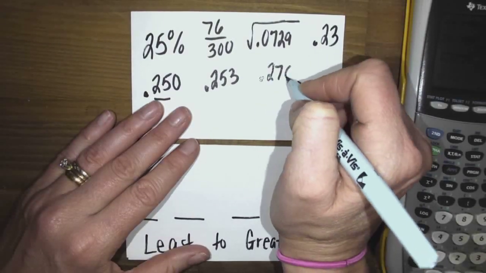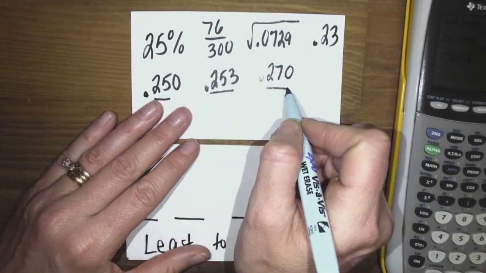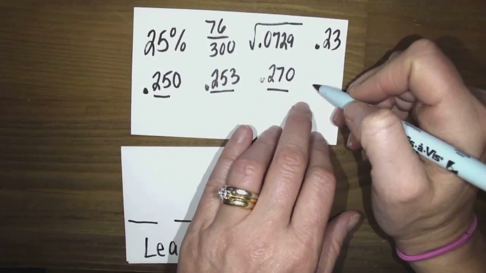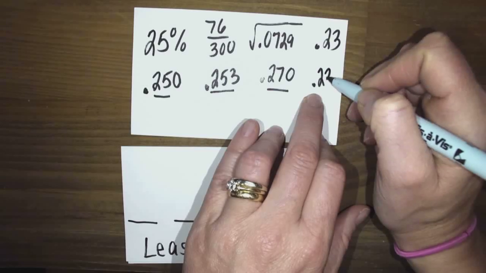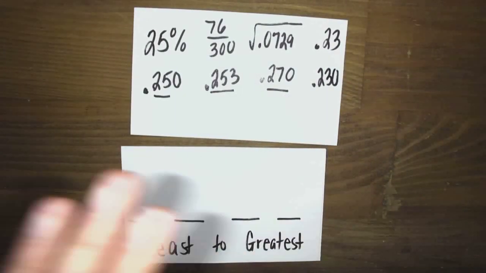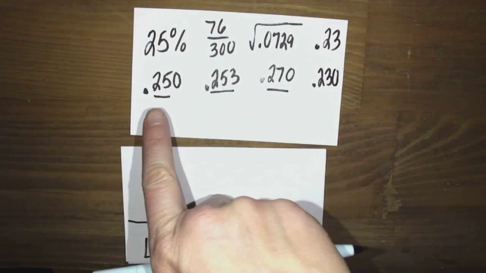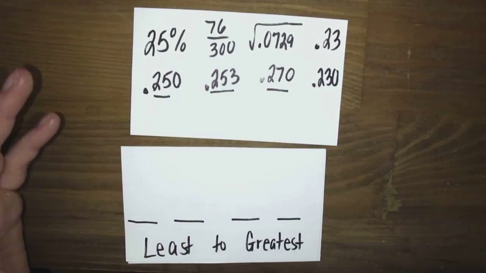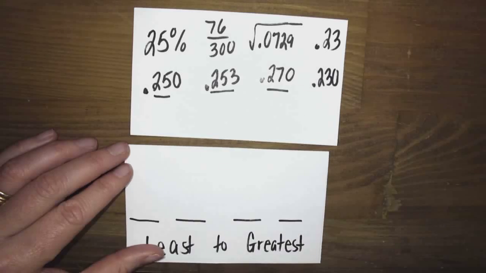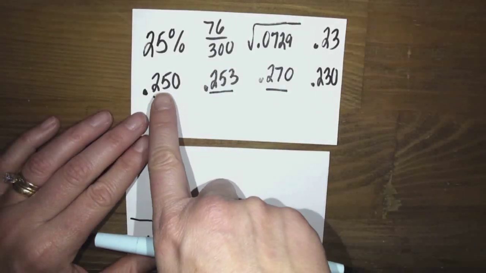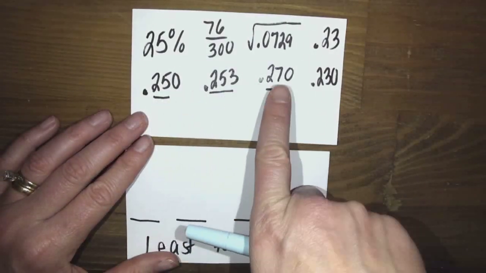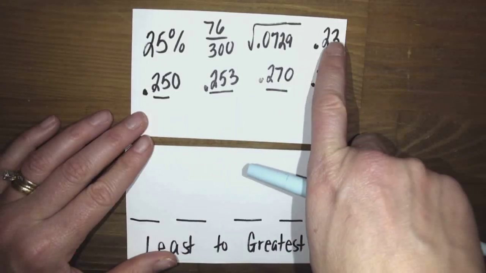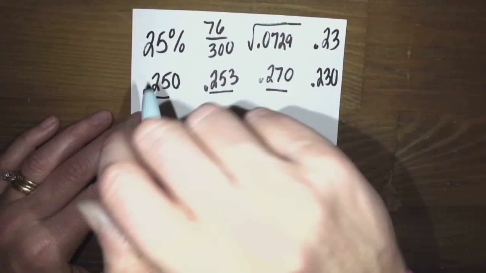I'm actually going to add a 0 because if I have 3 on this one, I kind of like to keep 3 on all of them for comparing. The last one is already a decimal. I'm actually going to add a 0 to it as well, so I have 3. If I have the exact same thing after it and they don't have any whole numbers, so they're all less than 1, I just like to say, what's the smaller number? 250, 253, 270, or 230? Well, 230 is the smallest, but I need to make sure I write the original